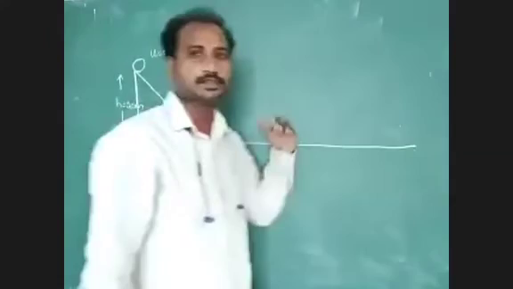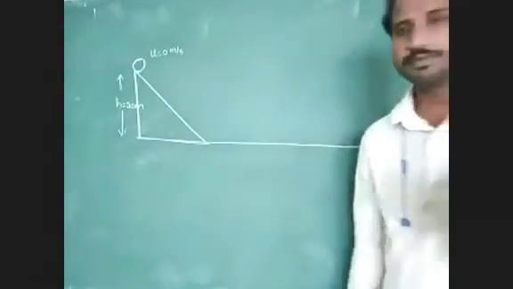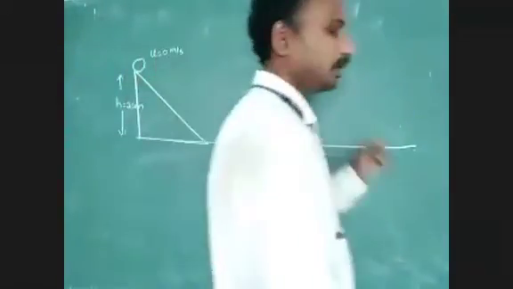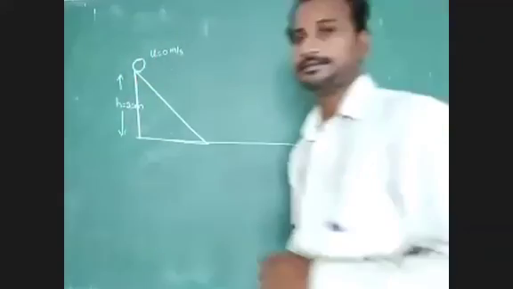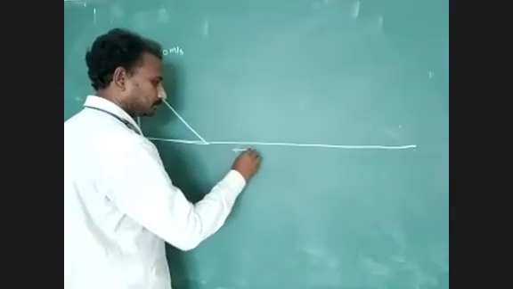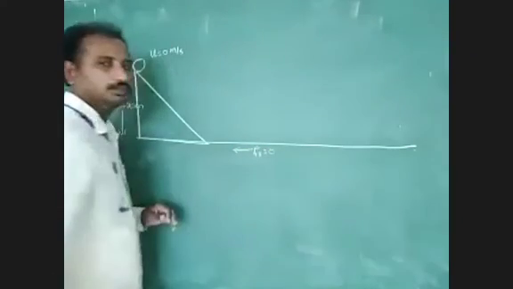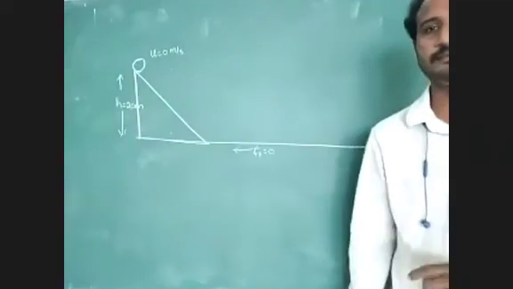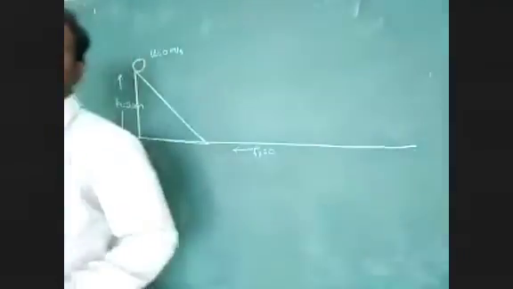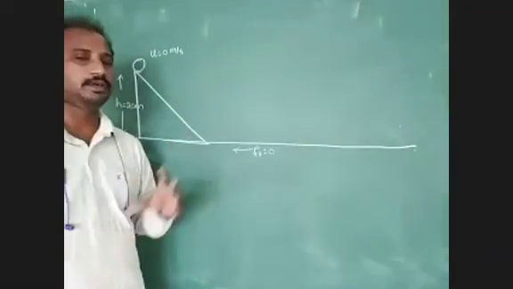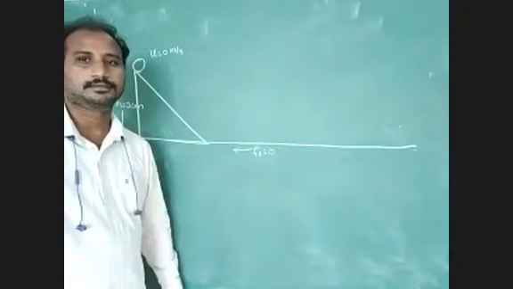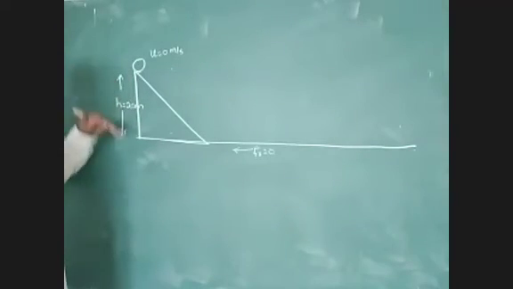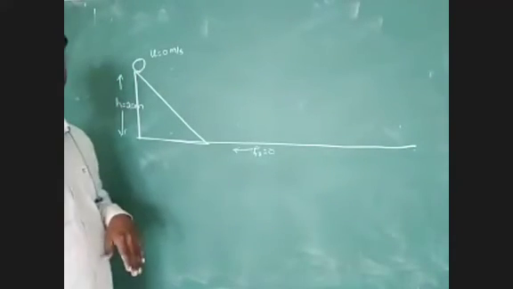What is the final velocity of the body and the final position of the body on a horizontal surface? There is no friction, Fr equals 0. You have to think and find the final answer. What is the initial position? Initial position is 20 meters with respect to ground.